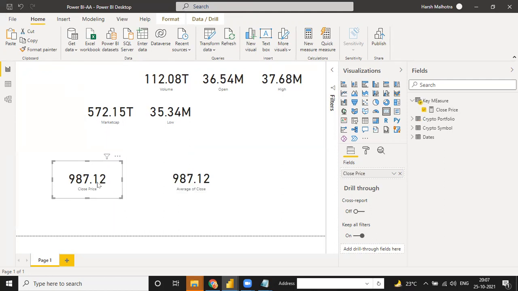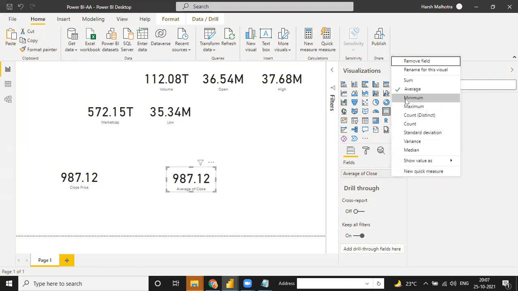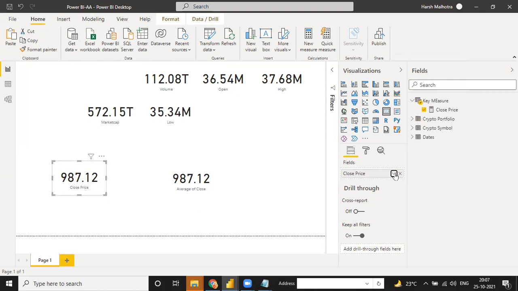For the analyzing part, this function is reusable, but this is not. Why? Because it has multiple options: average, minimum, maximum. And same way, when you click on this, it does not show any other value, because you have just calculated average. It is showing only the average value. So this is the difference between implicit and explicit measures.